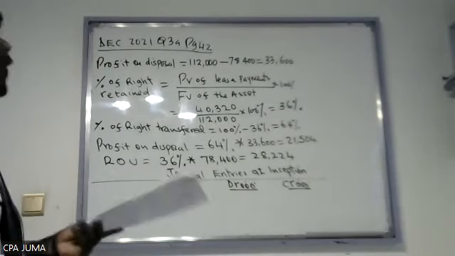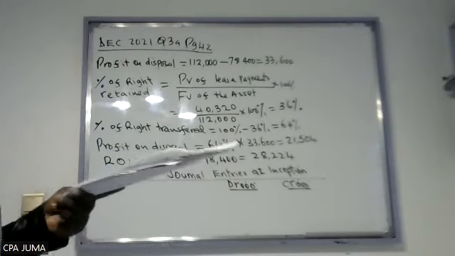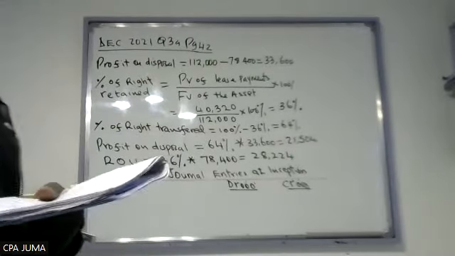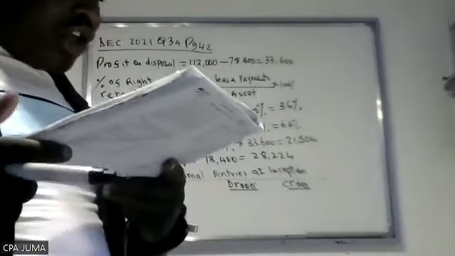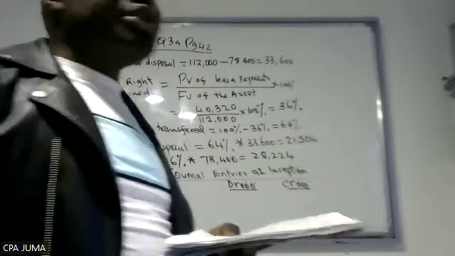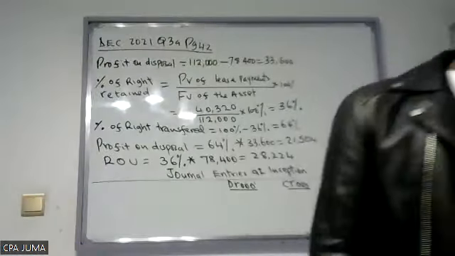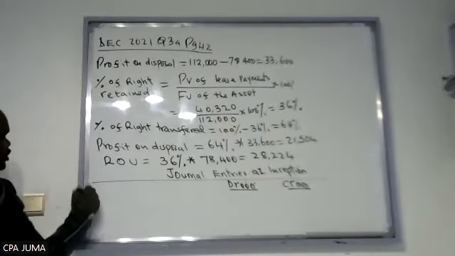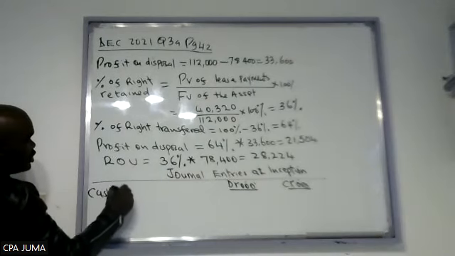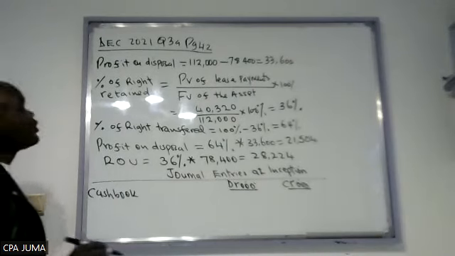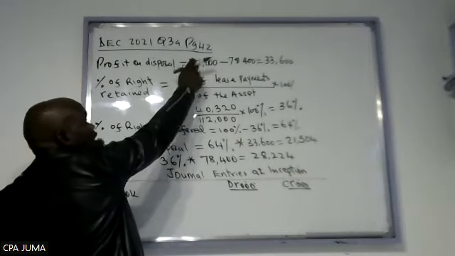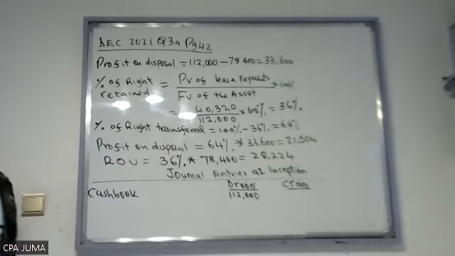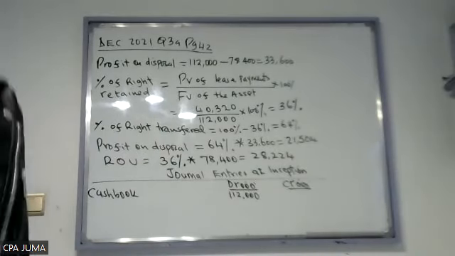So let's go to what they did, the accounting entries which they did, so that we do the correct thing. Check the last paragraph of the question. Henry Limited recorded the cash proceeds. So let's debit the cash book. So cash book, you will debit your cash book with the cash proceeds. Cash proceeds is the fair value, which is 112. So have that there, 112.